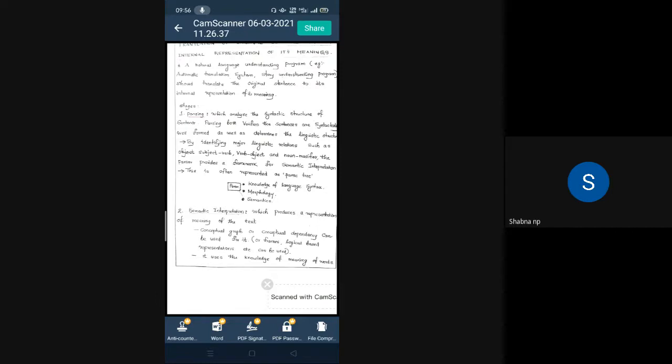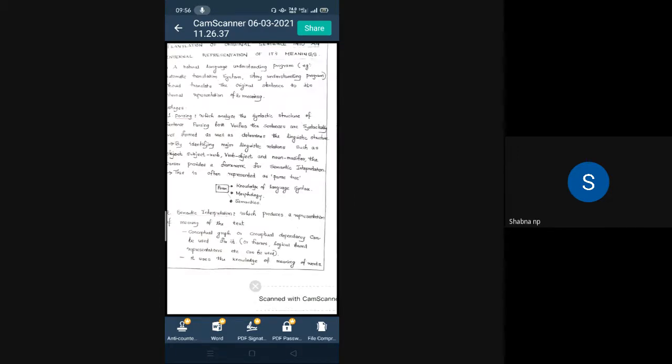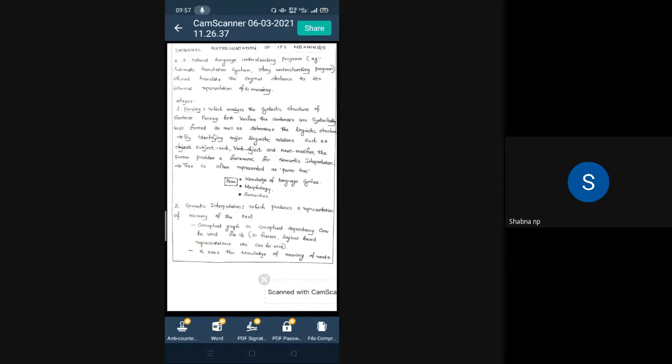The parser provides a framework for semantic interpretation. This is often represented as a parse tree. You already know the syntax tree or parse tree. If a sentence or a story is given to the system, first we perform syntactic analysis on that sentence, and after that it is converted into a